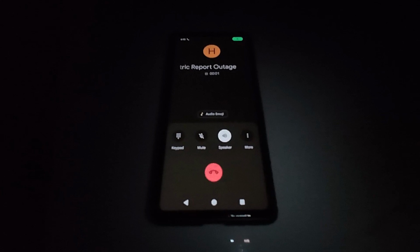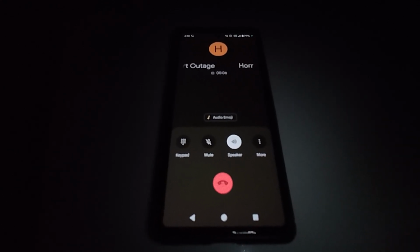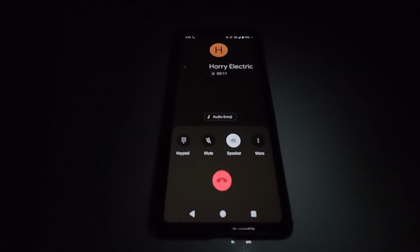Thank you for calling Ori Electric Cooperative. This system is designed to take your outage report and get it quickly into the hands of our dispatchers. Caller ID indicates that you are...